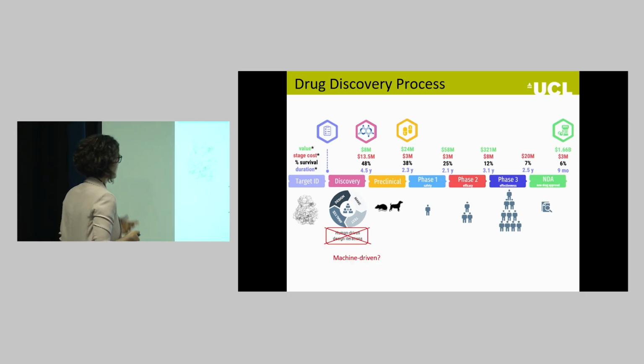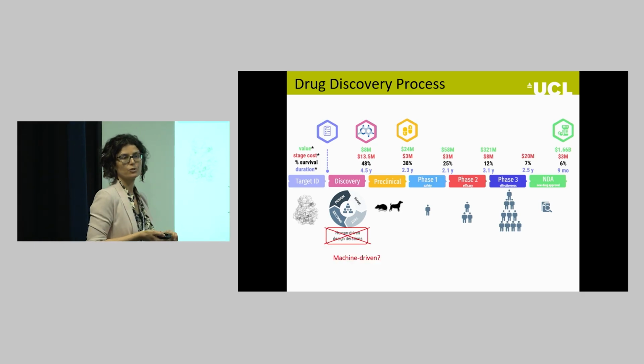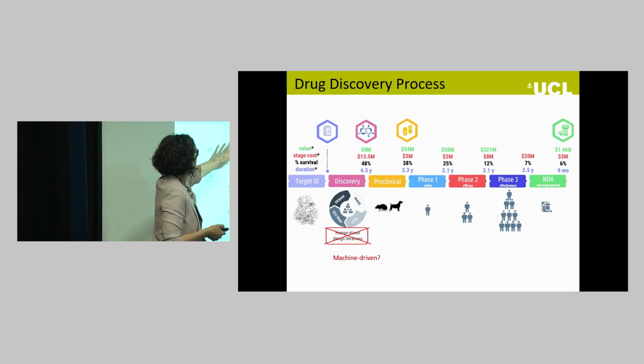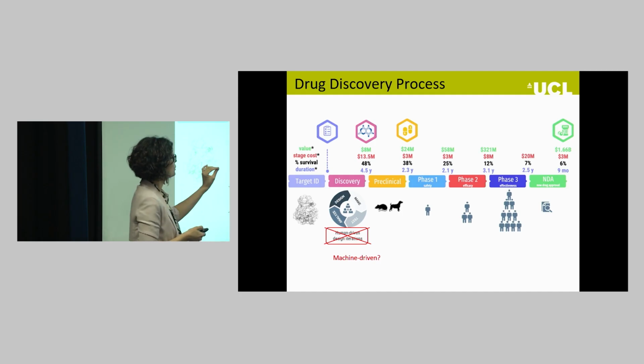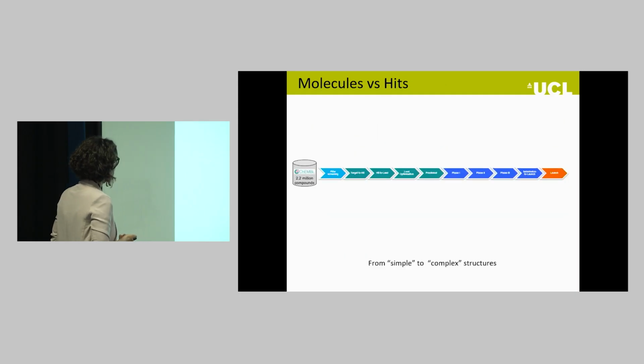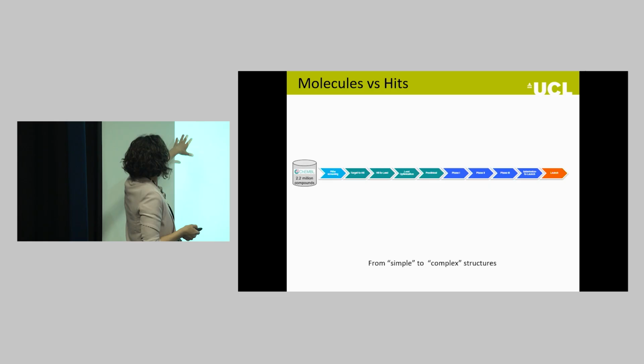And the question is, can we have machine-driven intervention instead of human intervention? So can machine learning help in this initial discovery that is the starting point for any drug pipeline? So what does it mean? It means that if we have a massive